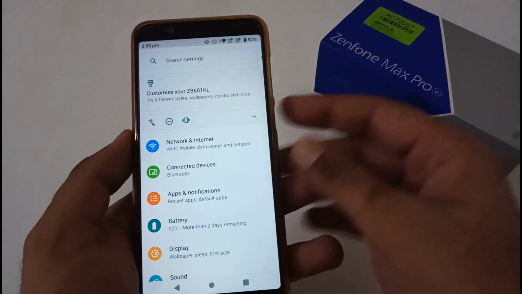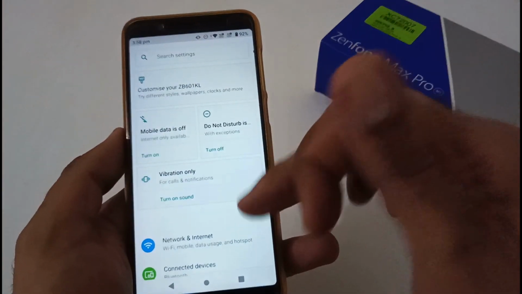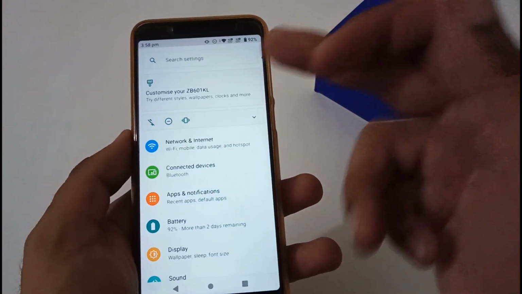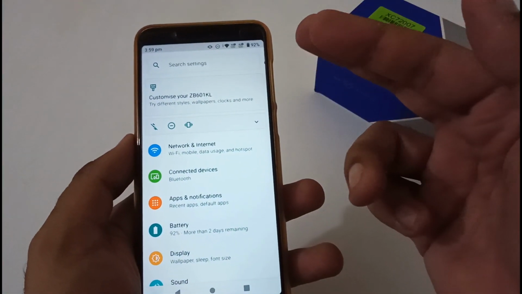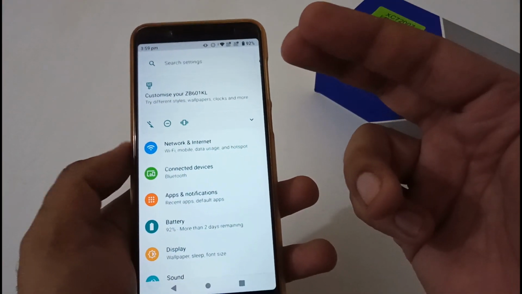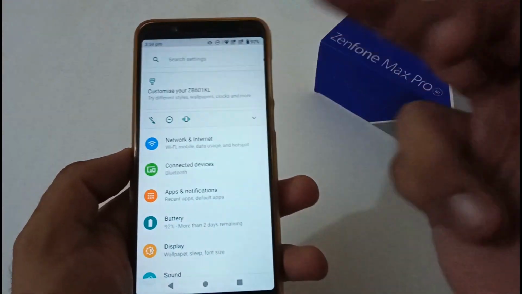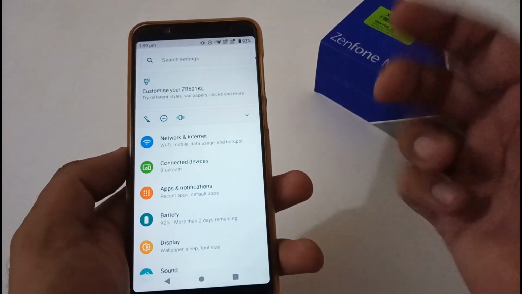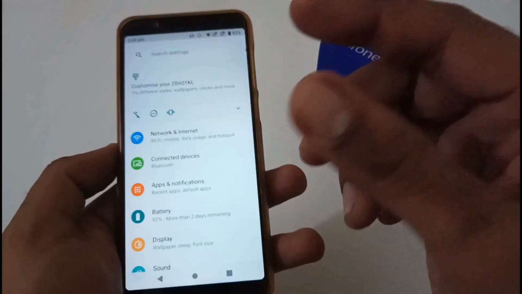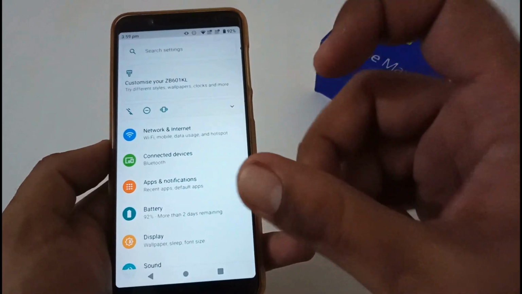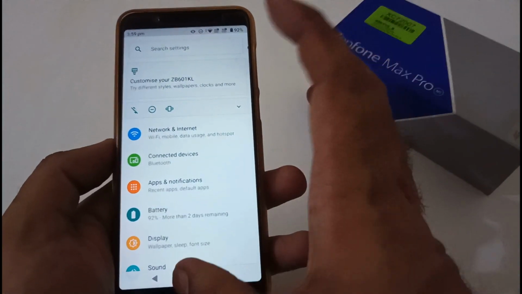Before we jump into the quick settings, there is a bug. Sometimes it will say customize your phone. I have already done this part, but it is still asking me randomly. Sometimes it will ask you to set up your second Gmail account, and there is no possibility to remove this either, if you don't want to do it. So this is somewhat annoying. I'm not sure whether this is done purposely by the developers or is it a bug and so on.